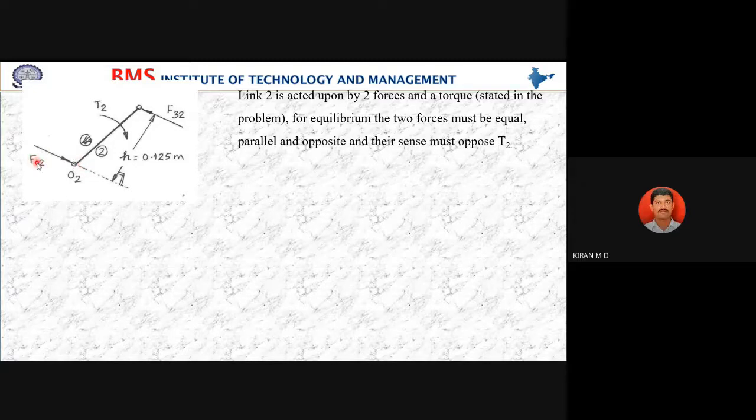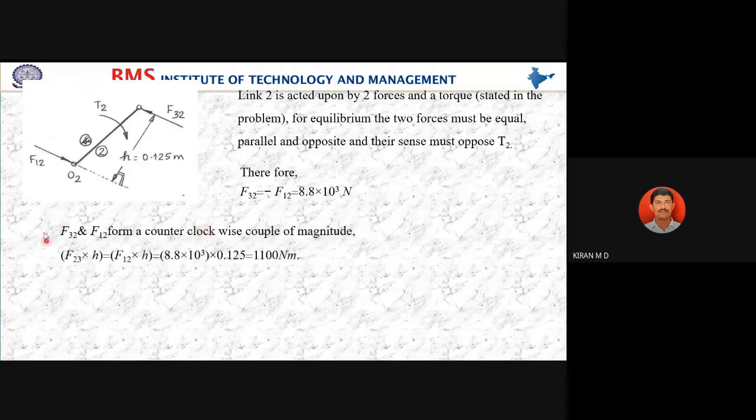So F12 is minus F32. For equilibrium, 2 forces must be equal, parallel and opposite. The sense must be opposite to T2. So F32 is equal to minus F12, that is equal to 8.8 kilonewton. Now what is the torque from these forces? According to our condition, for equilibrium, the 2 forces must be equal, parallel and opposite, and their sense must be